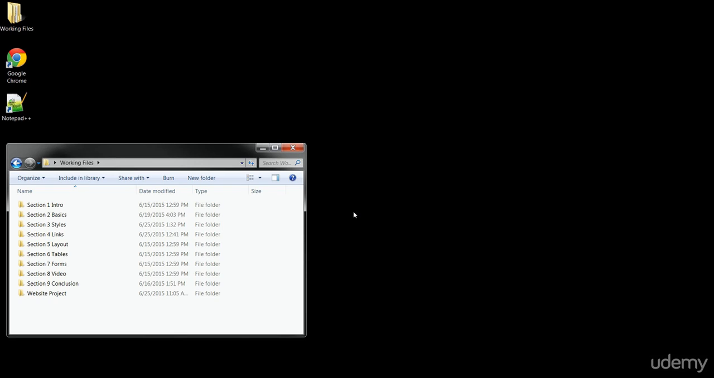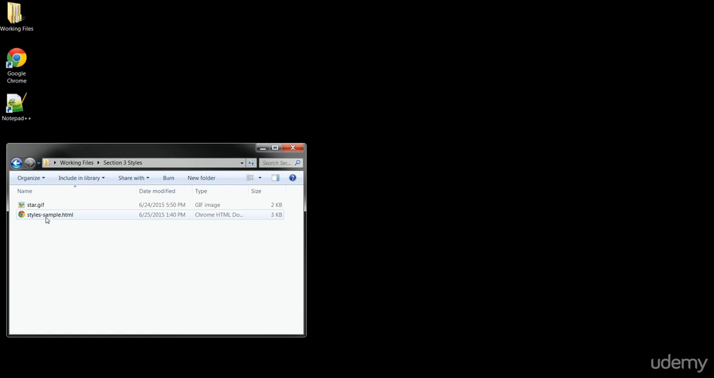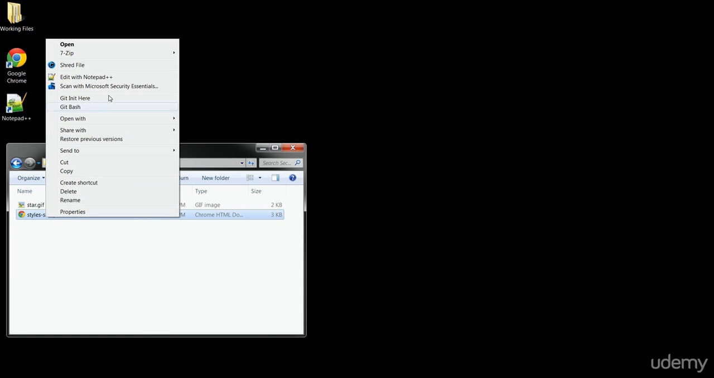Well, now that we've seen the basics of using HTML to format our page content, let's take a look at how to add styles using CSS. Our pages will look pretty boring without them, and by using CSS, you can design the page to look however you want. I have a file for us to use in this lesson in the Section 3 Styles folder called styles-sample HTML. So let's open that up here in our text editor so we can see what we have to